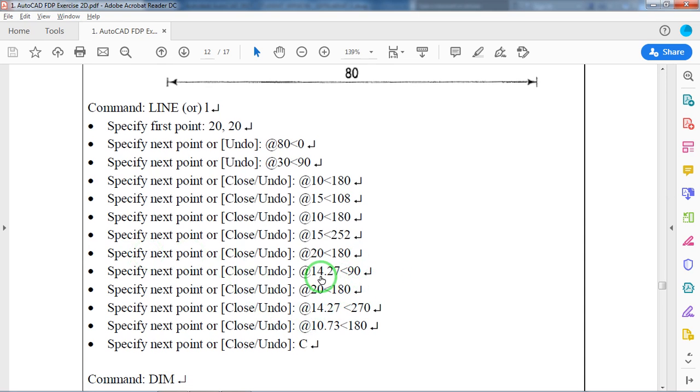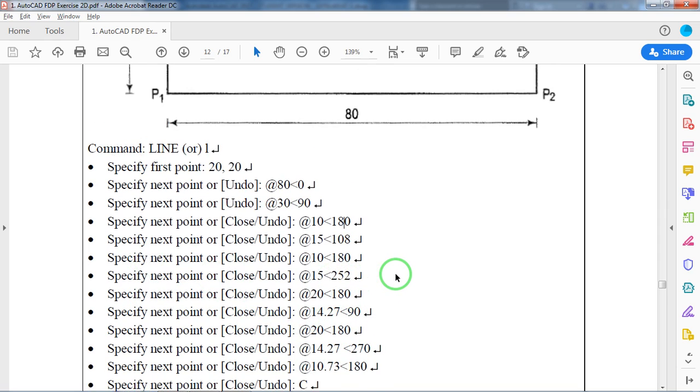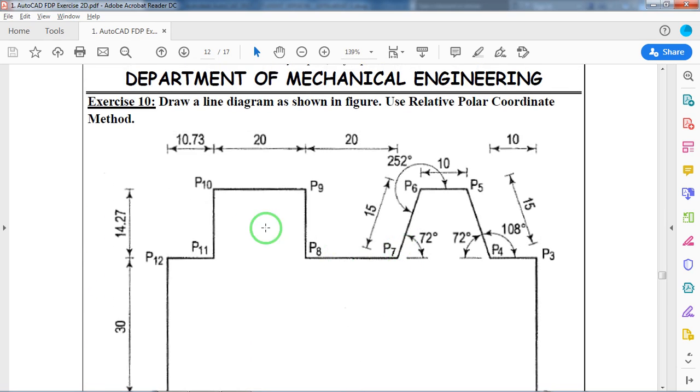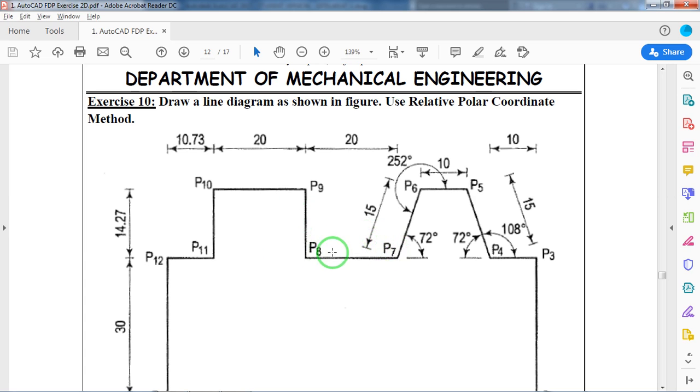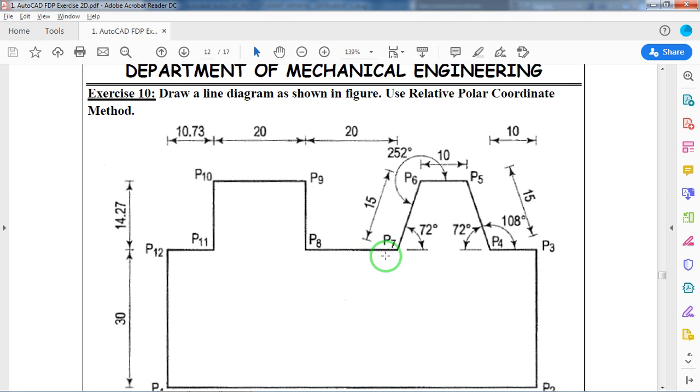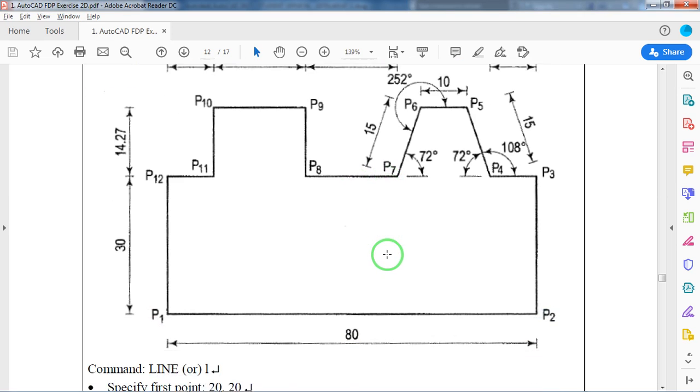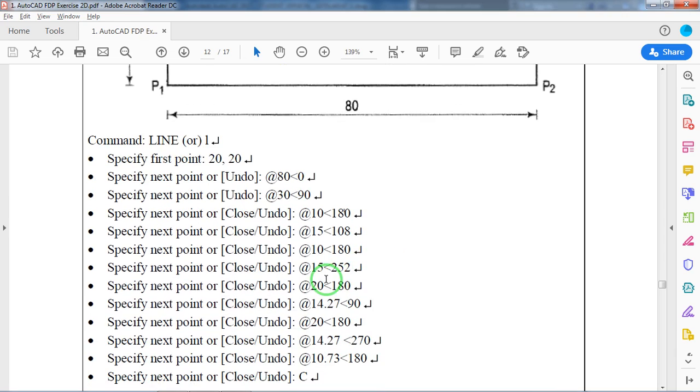See, next 14.27 less than 14.27. See here 10.73 is there. From here we are supposed to come towards left 20, 20. See here we have to come towards 20, towards this side. So what is that point here after P7, P8?